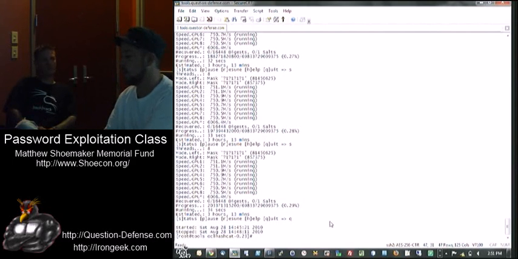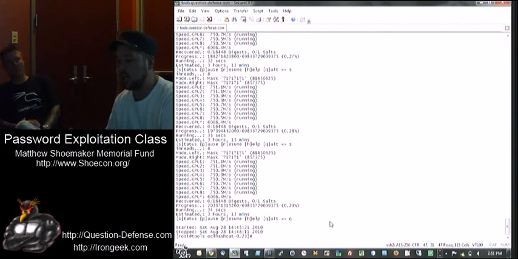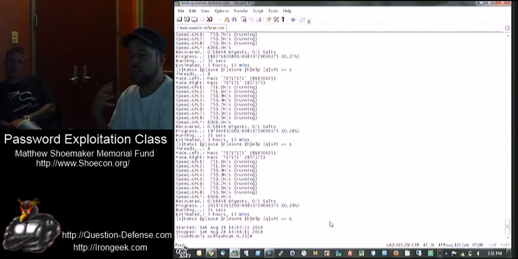When you're talking about cracking salted hashes, you're talking about doing things in a much slower fashion than if it's just an MD5 hash, because if you're cracking 1,000 hashes at a time, it's all different. It can't apply the same salt to everyone, so it's got to try every combination on that hash every single time.